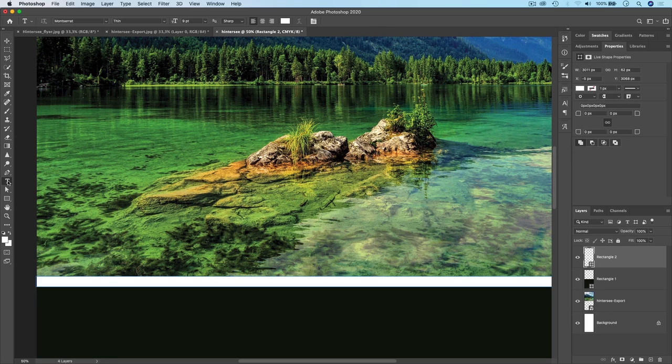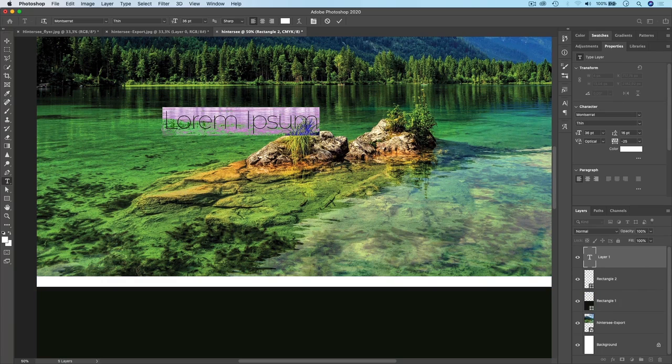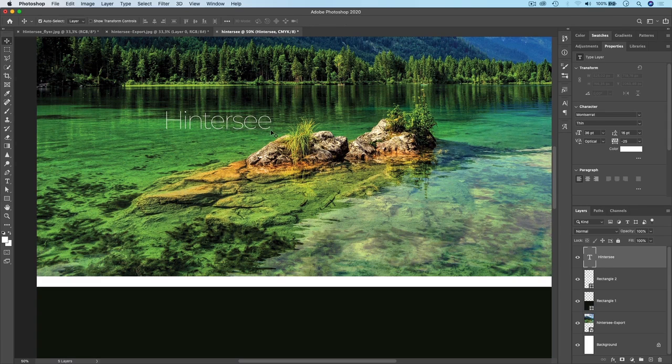Okay, I'm on this tool. Let me just increase the size of this to about 36. Okay, click, and I will type Enter C. If I want to change something with this text right now, I would need to get out of this. For example, if I want to move it, I would just have to get out of this, select the move tool and move it. If I want to change the text itself,